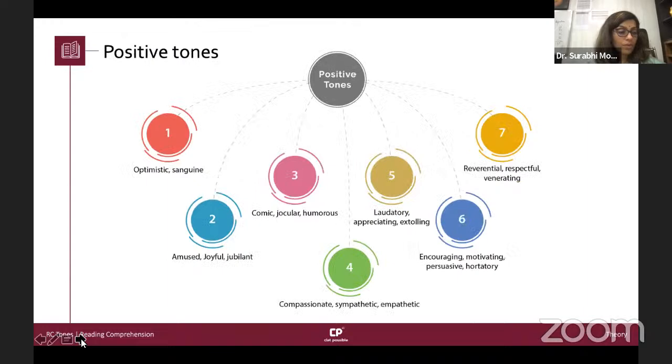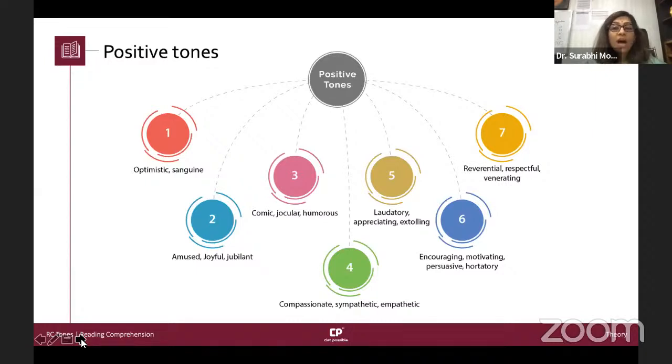So after structure-based tones, now we come to content-based tones. In that, subjective tones also. So content-based tones, as the name suggests, here the tone is deciphered or done through the language of the passage. So these are some of the